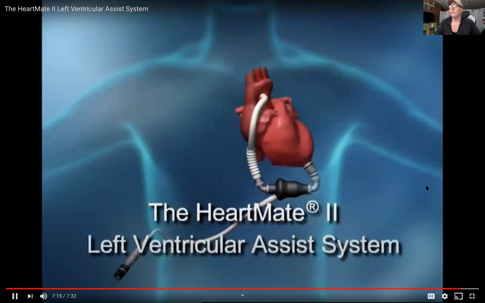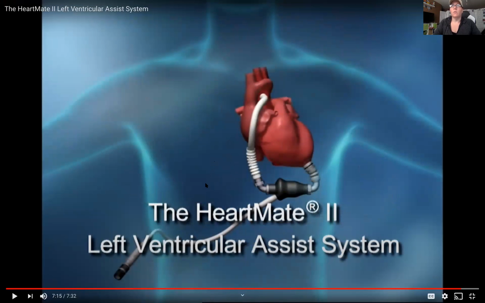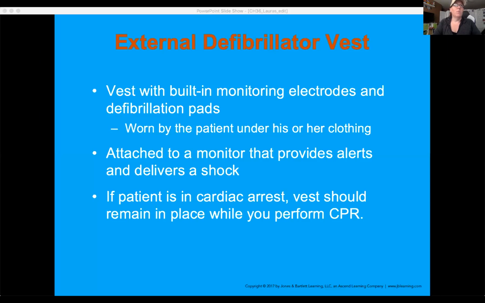The HeartMate 2. All right, so the big point I wanted you guys to see out of that one was that they come in different sizes. They make a noise, so people living with these will constantly hear a noise with them. This one has pressure that changes with it, so a patient can sometimes have some discernible pulses with it, although most times don't expect them to have a pulse with it.